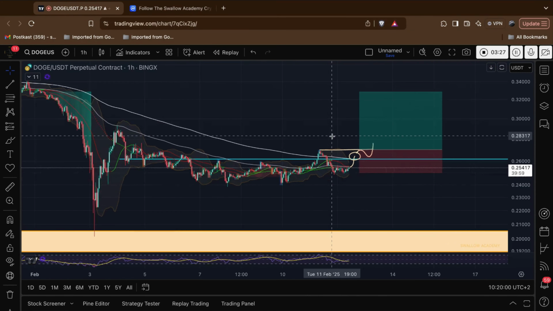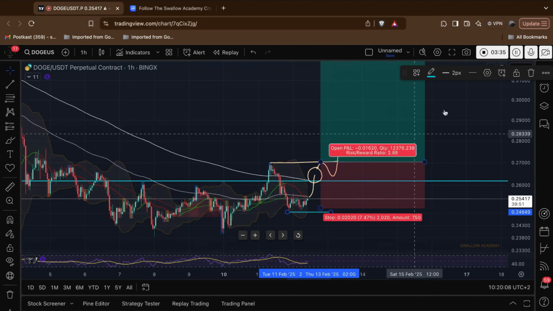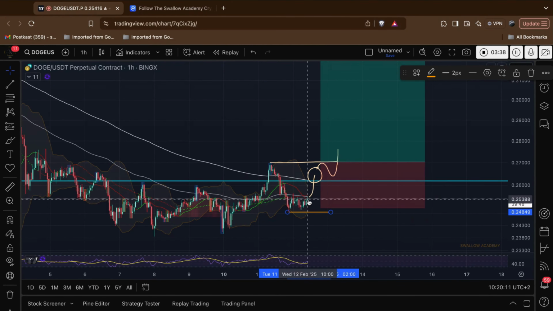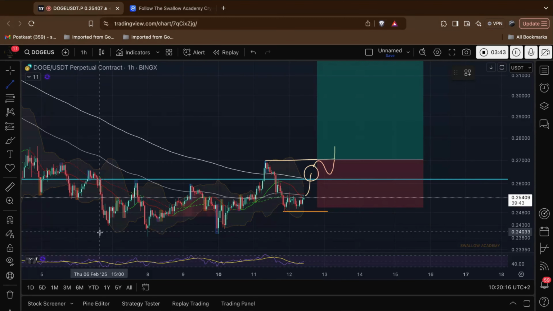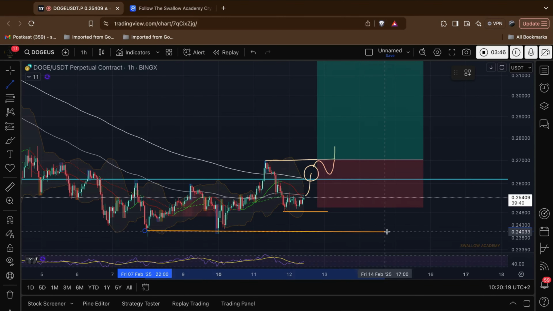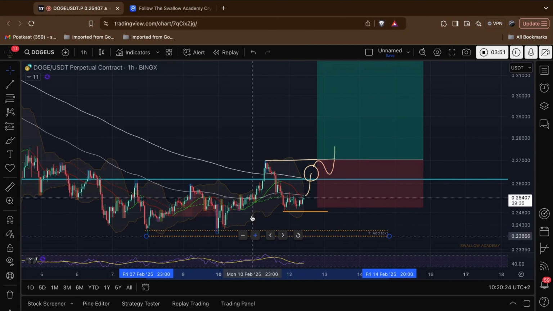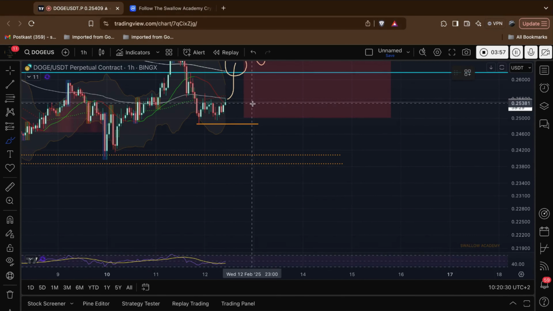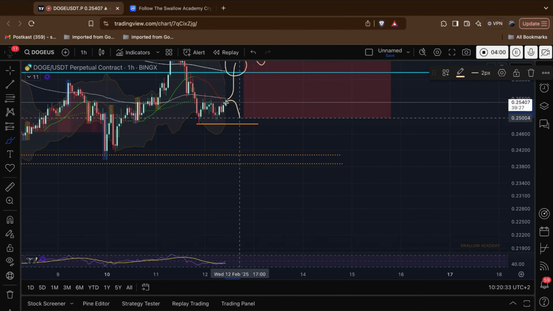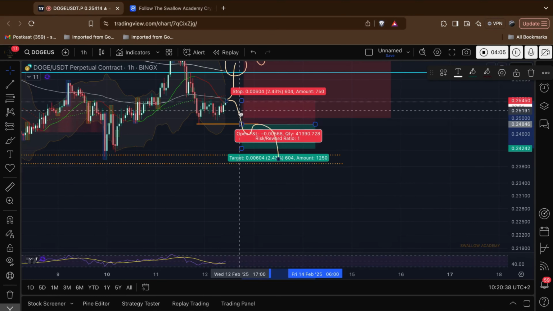Now, there is another chance of seeing, of course, a downward movement, and this would be only if we see a breakdown, not from this zone here. This would be like a first confirmation. So if we see a local breakdown from here, market structure break, which would then lead the price to this zone here. So can't really put an area here, so I'm just going to put dotted lines and this zone here. Now, if we see any breakdowns from this zone, which means that we see some kind of weakness here, we fall down, break this, and reach this zone, most likely this could also be a potential trading setup